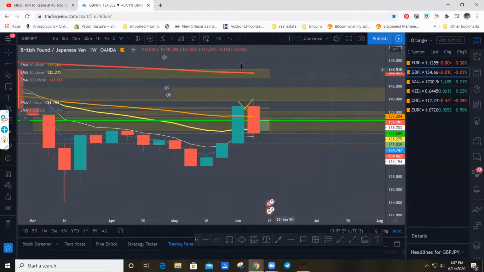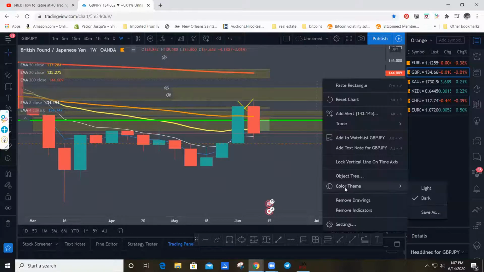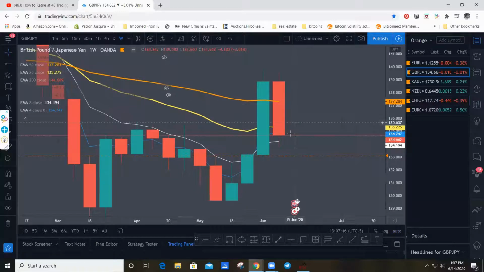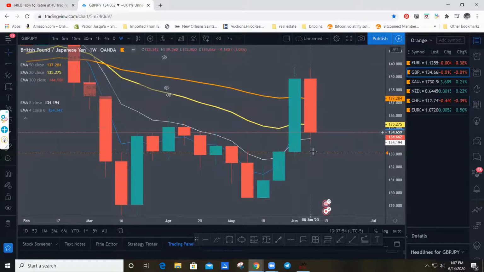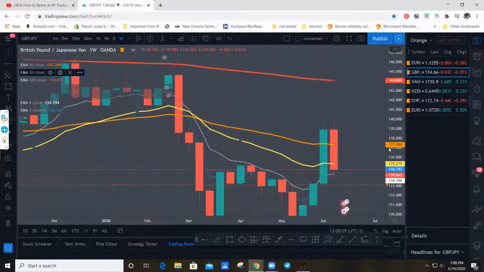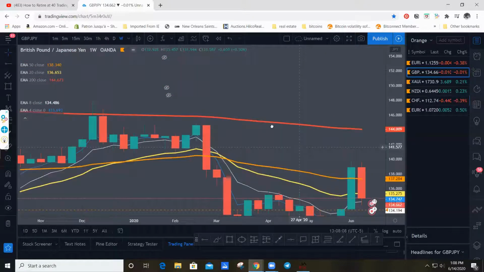Go to GBP. So these drawings. Our price is already... Look how price is sitting right at that 4-day moving average. It bounced off of that 8-day moving average, and it's sitting right there on the 4-day moving average. It looks like price wants to go back to that 8-day moving average. However,